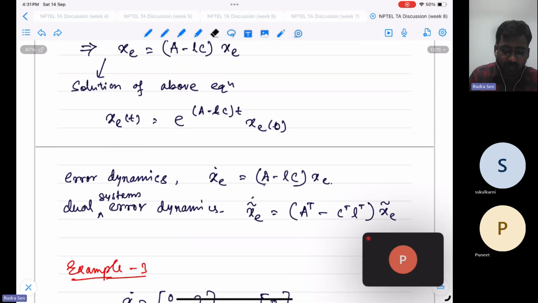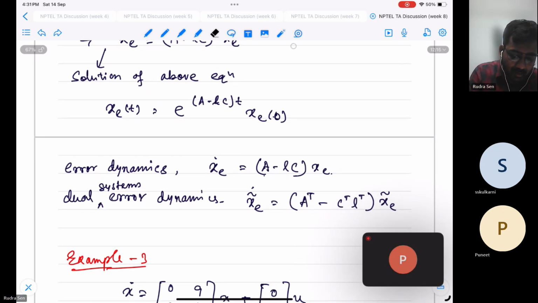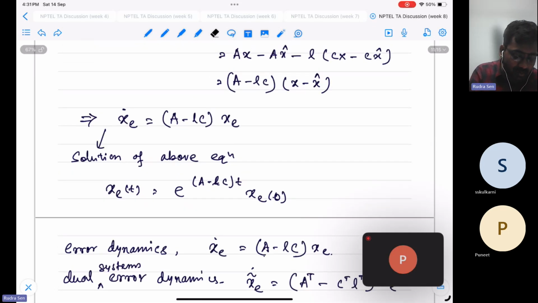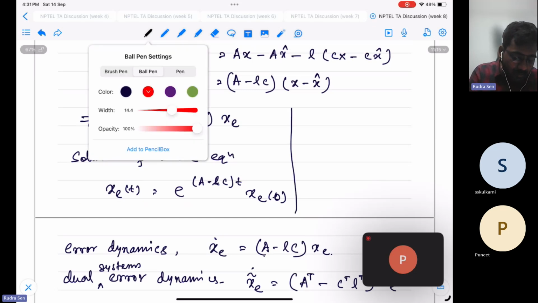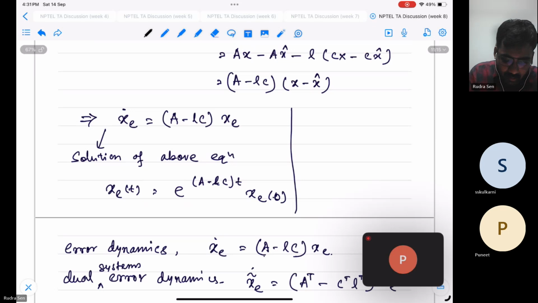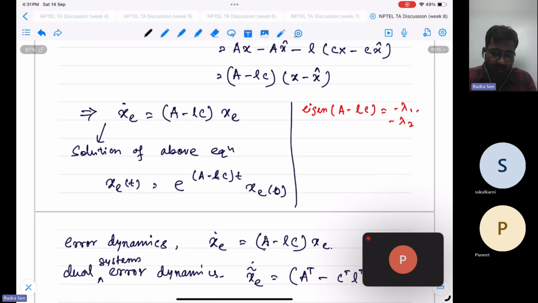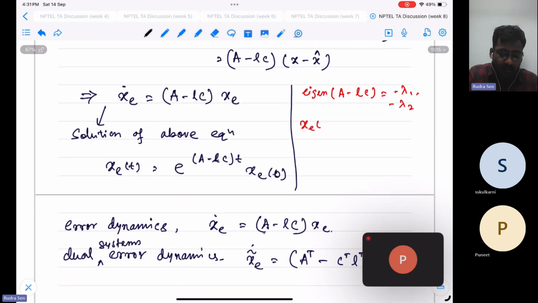Because you see, here is the system response. I'm just writing this as a note, I will erase it after. Let's say the eigenvalues of A minus LC are minus lambda 1 and minus lambda 2. I'm considering this 2 by 2 matrix. So the error e(t) is e to the power minus lambda 1 t, e to the power minus lambda 2 t,